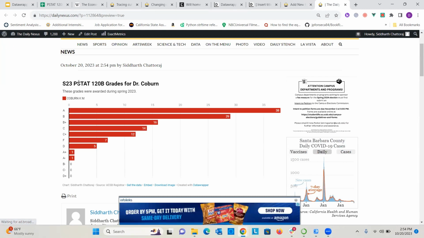And voila, my chart automatically appears right here, like that. So you could do that with any of your own websites too. If you ever have your own website, you could always just take the HTML iframe and upload it there, and it automatically uploads to your website or whatnot. And we'll work on making this interactive eventually, but this is just a basic chart you can make with Datawrapper,